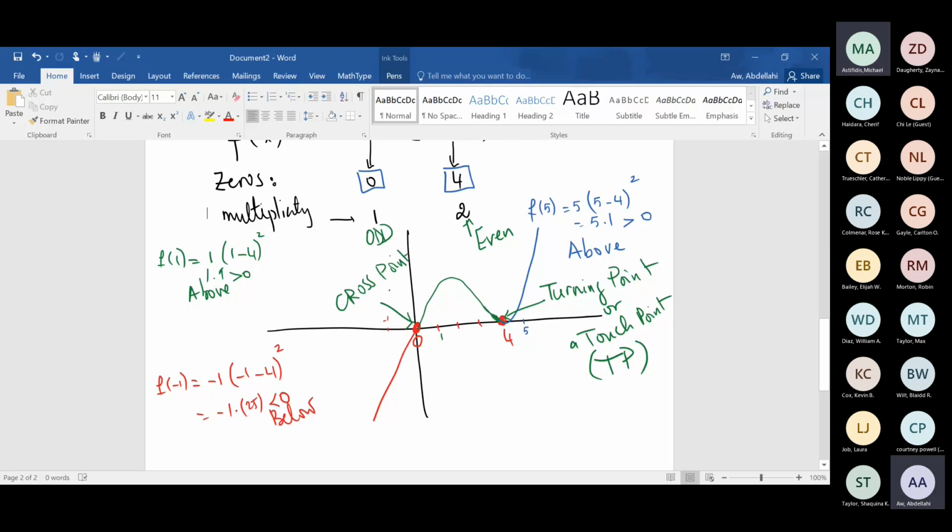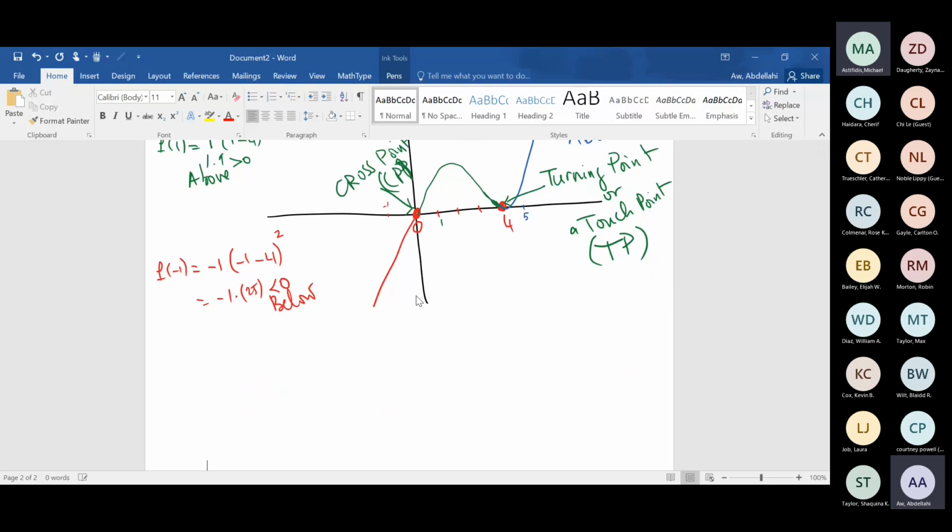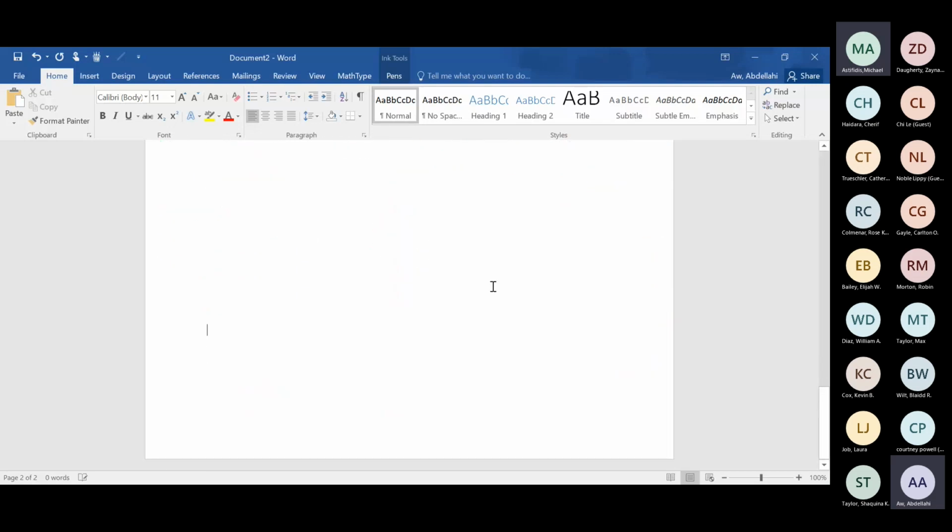And we're going to call it CP, cross point, right? CP is a cross point, okay? The graph will cross the x-axis. If the multiplicity is odd, the graph crosses the x-axis. If the multiplicity is even, the graph does not cross the x-axis. For instance, if I have this graph right here,